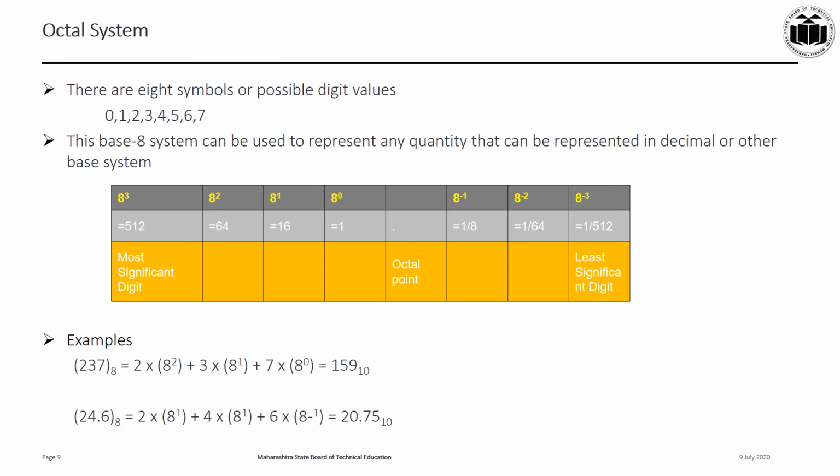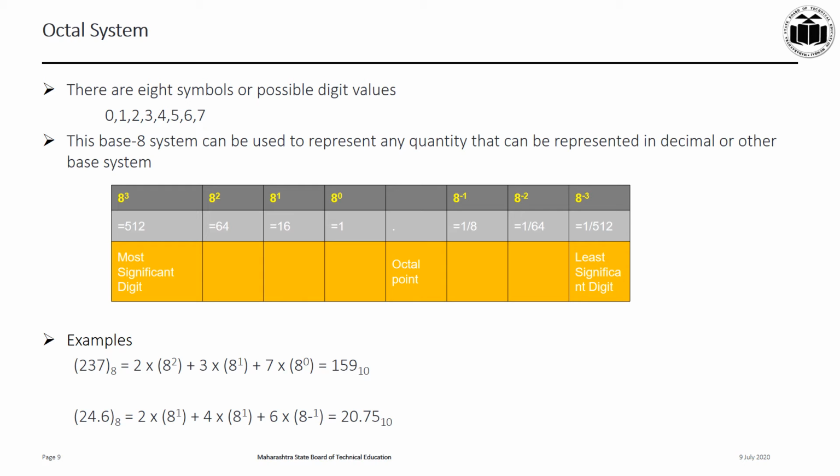Coming to the octal number system. The octal number system has got 8 symbols: 0, 1, 2, 3, 4, 5, 6 and 7. The base or the radix of an octal number system is 8. The largest value of a digit in the octal number system will be 7. That means the octal number higher than 7 will not be 8. Instead it will be 10.